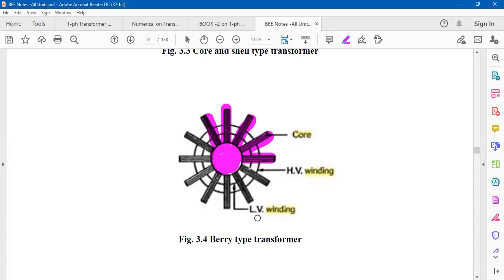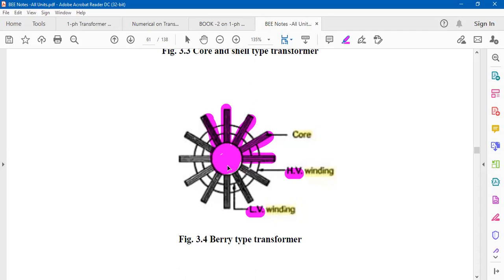And low voltage winding insulation thickness is less. High voltage winding insulation thickness compared to LV will be more. Thickness of insulation depends on voltage range. More the voltage range, more will be the thickness of insulation. So here